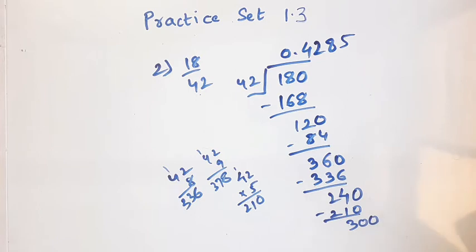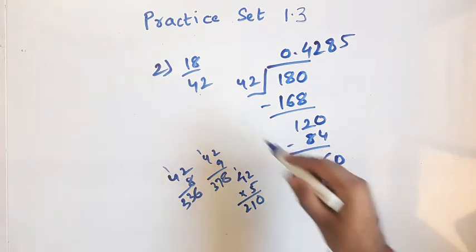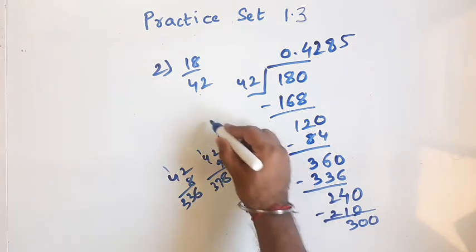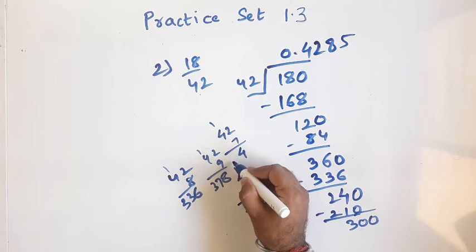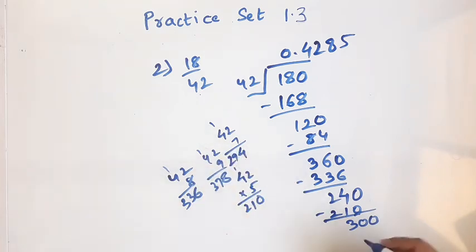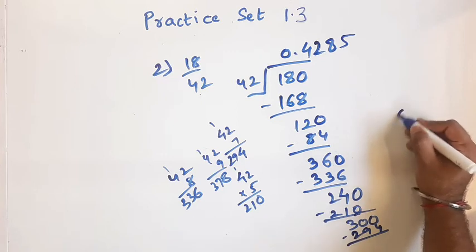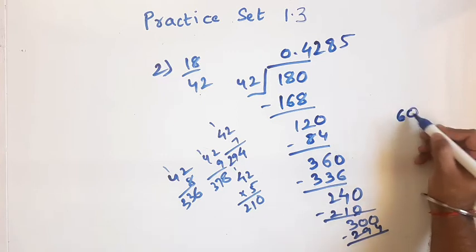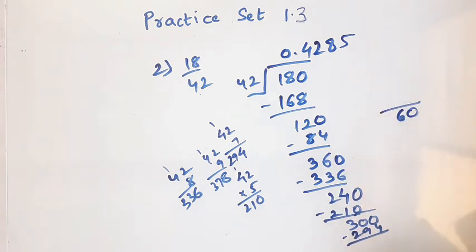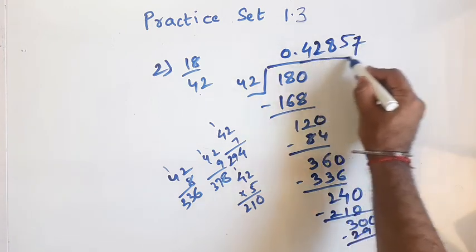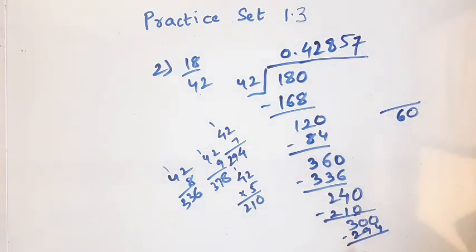4 7s is 28. So let us take what is 42 7s, 7 2s is 14. 7 fours are 28 plus 1 is 29, so it is 294. Okay, so I am getting 294. Remainder I am writing here, this is 6. So this becomes 60. This is 42 7 times, I haven't written here. So 42 7 times is 294.